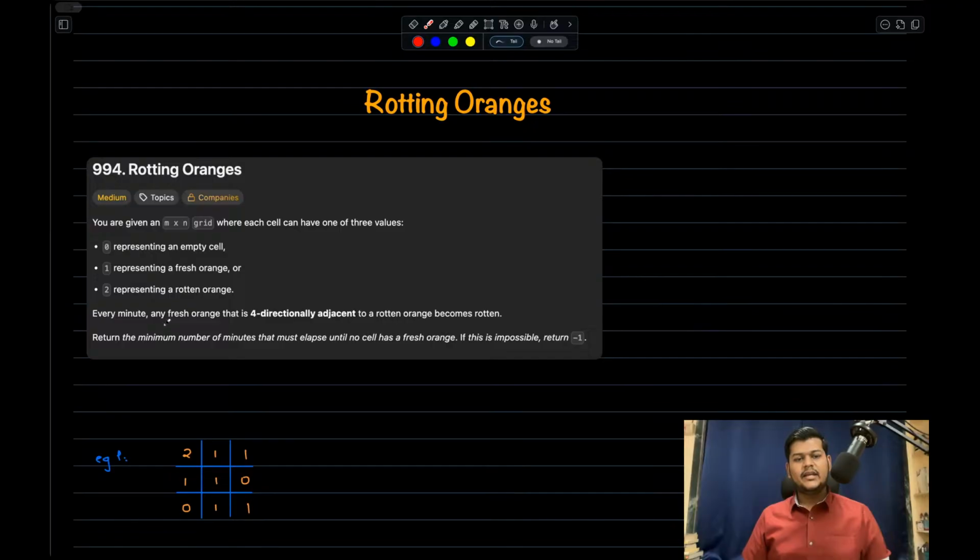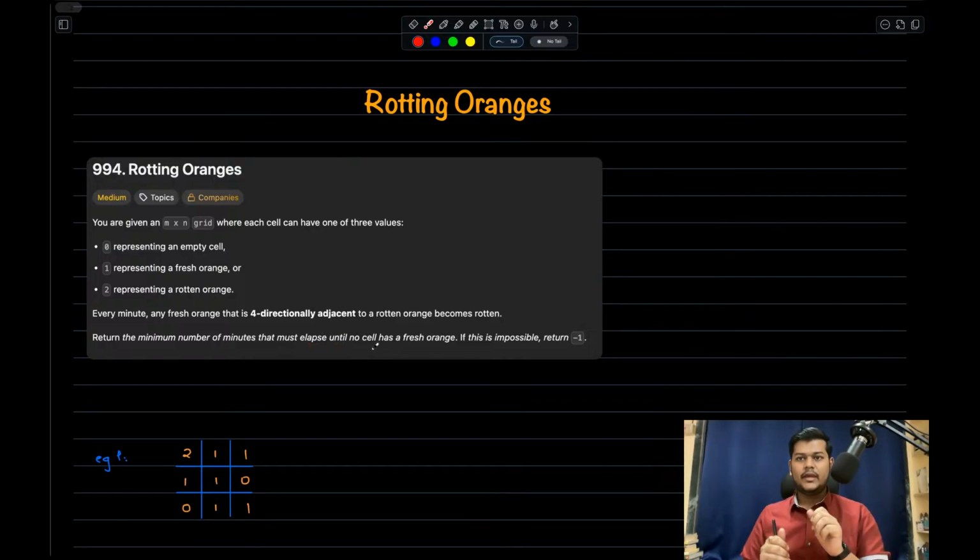Every minute, any fresh orange that is four directionally adjacent to a rotten orange becomes rotten. We need to return the minimum number of minutes that must elapse until no cell has a fresh orange